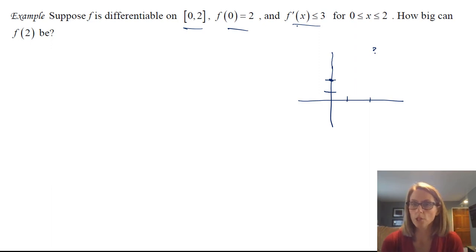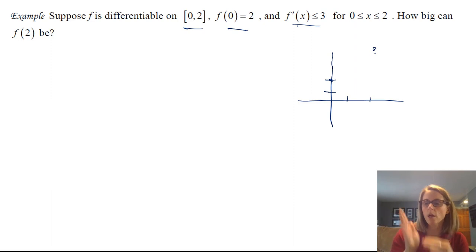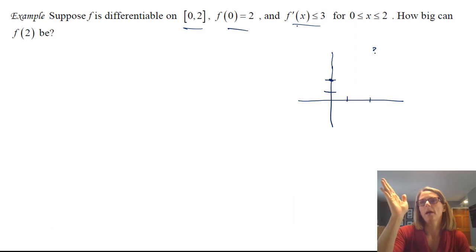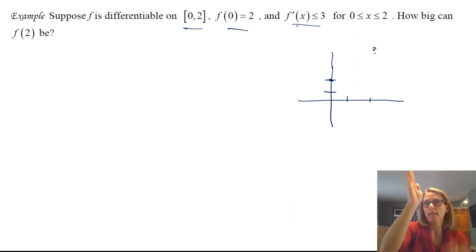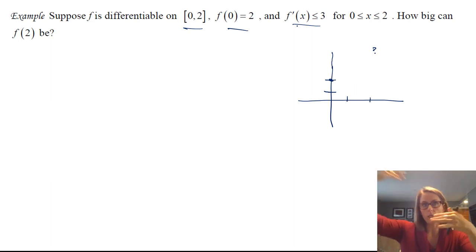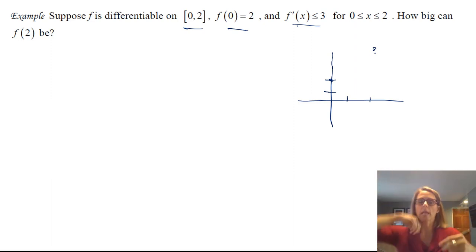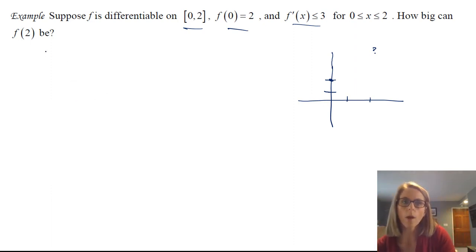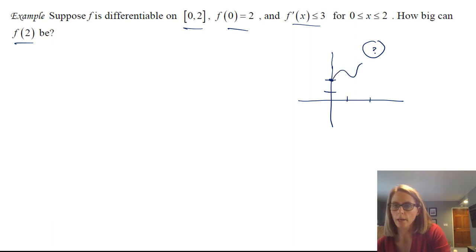And that's an important piece of information because it essentially bounds the function by saying the slope of any point, that tangent line, can never be greater than 3. If it could be anything, you could have tangent lines that do this, that's a very steep tangent line. So it's indicating something about your function in terms of what's happening to it on an interval. So it allows us to think about what would be the maximum value. The function can do anything, we don't know, but by knowing that the slope of every single tangent line is less than or equal to 3, we are bounding it.